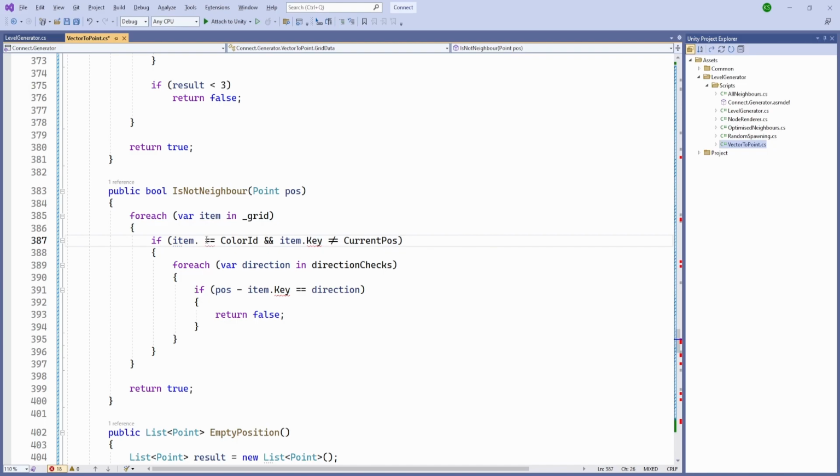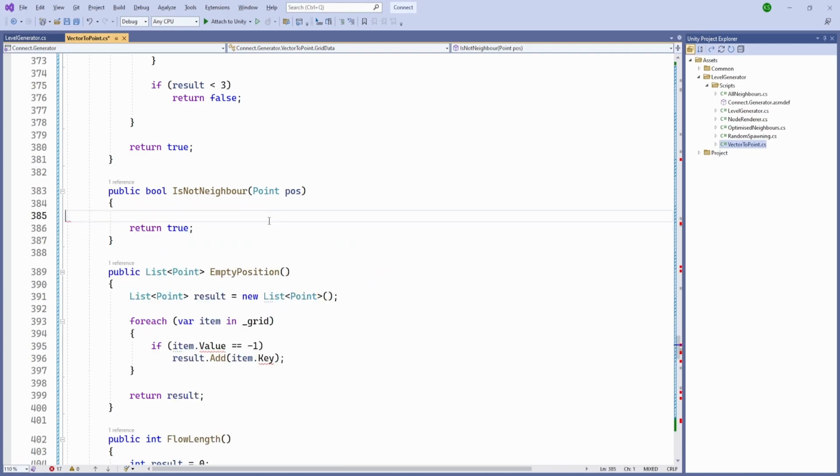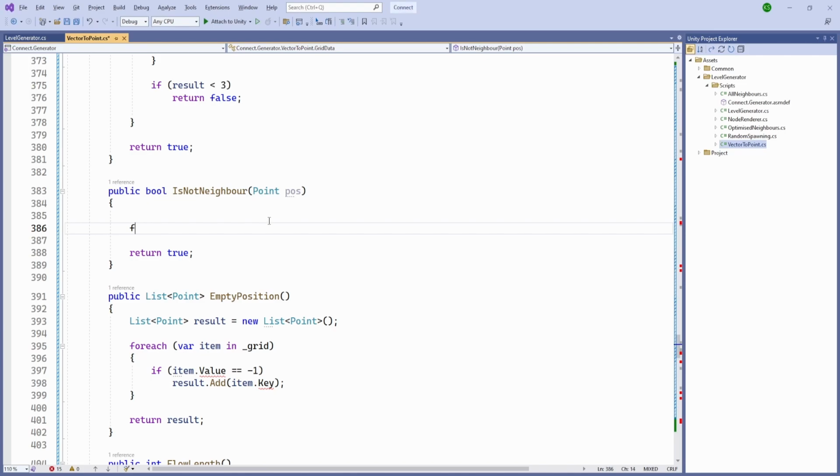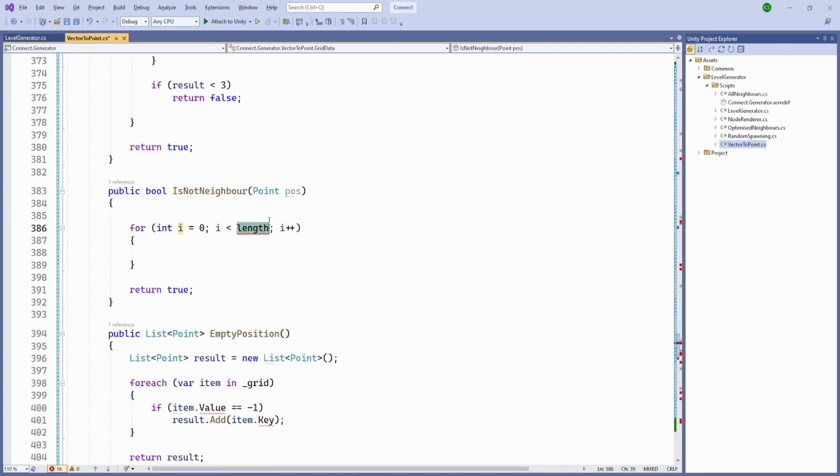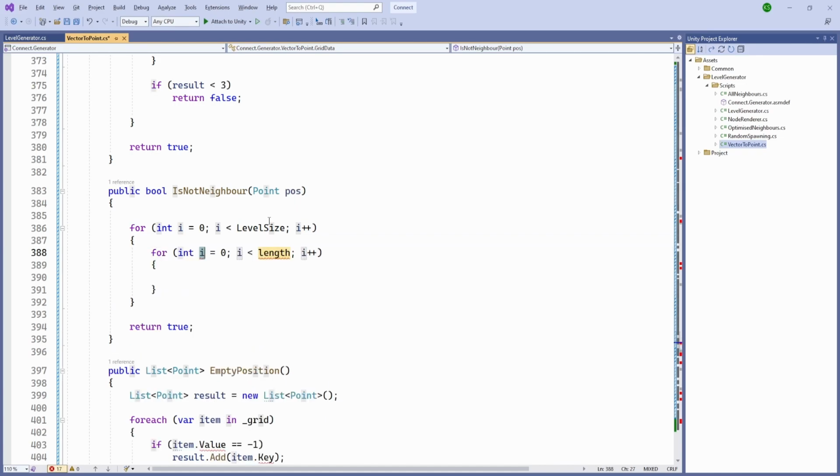And item in grid is not neighbor, item is equals to color id, and we'll need to check for not neighbor, so we'll need to update that. So what we are going to do is for int i is equals to 0, i less than level size, for int j is equals to 0, j less than level size, and if grid at i and j is equals to our color id,